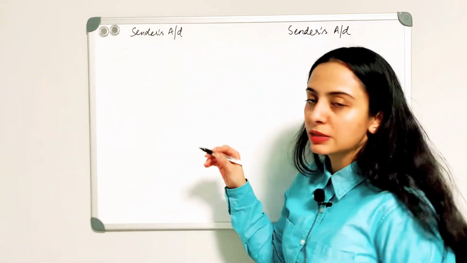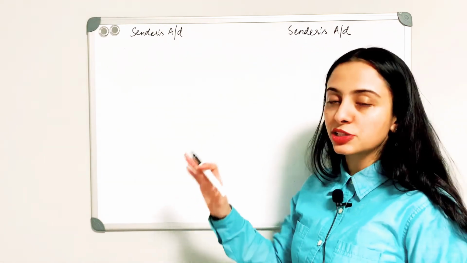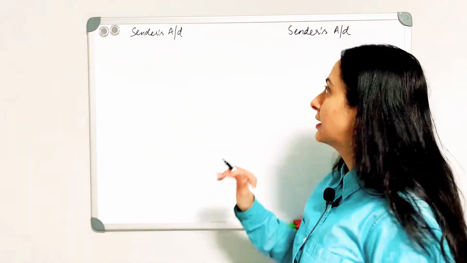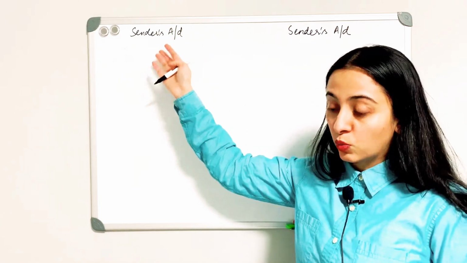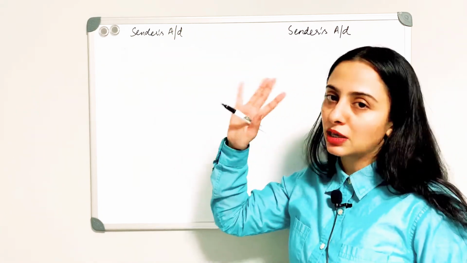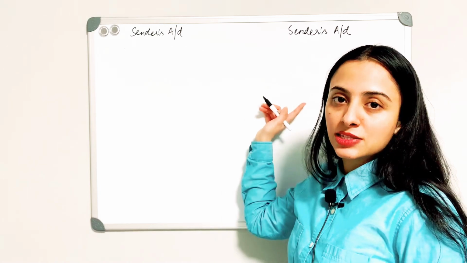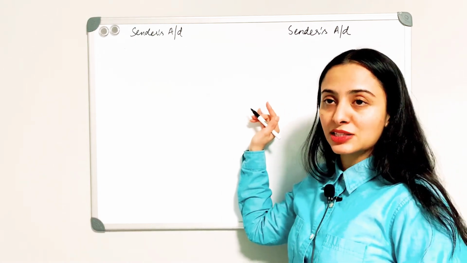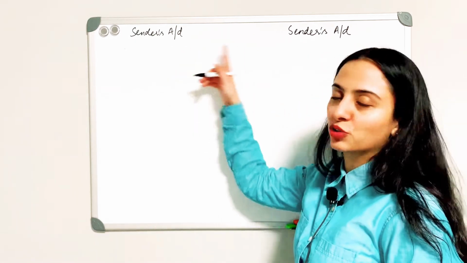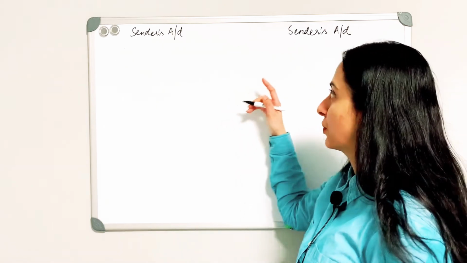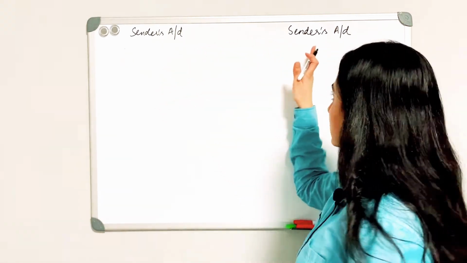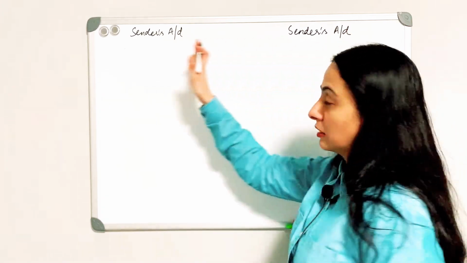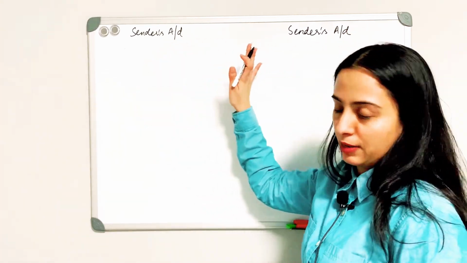Now CBSE says, according to the book, that it could go on the right, it could go on the left. So whatever you choose to do at that time, it's okay. Both the cases are equally correct, so there is no debate about which is right. They are flexible with wherever you choose to write it. It may go on the right, it may go on the left, it is okay with them.